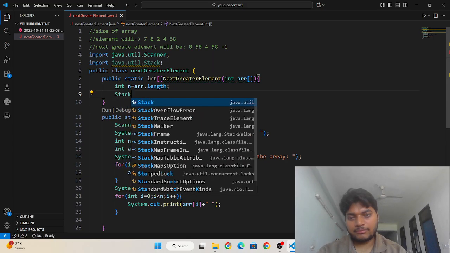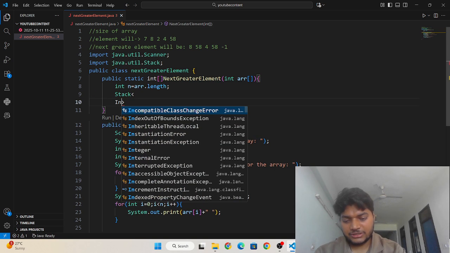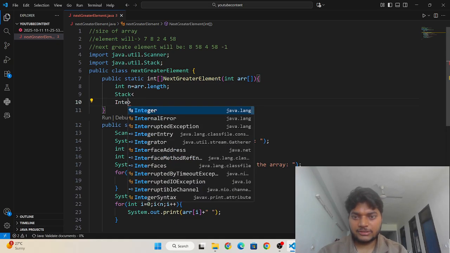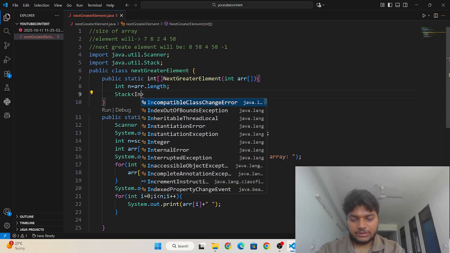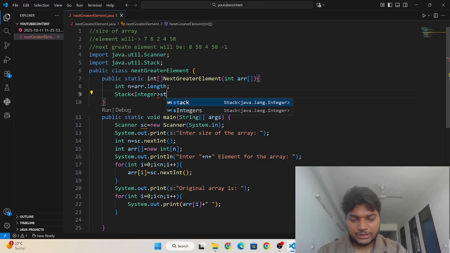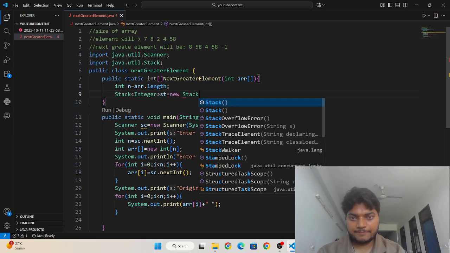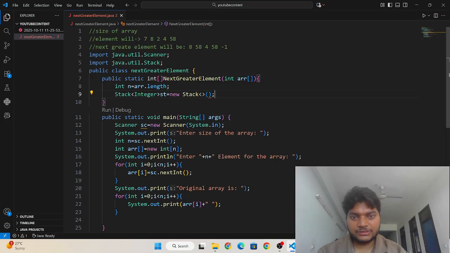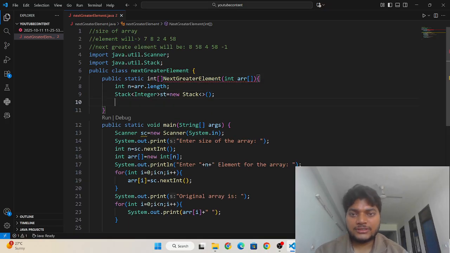So I need to make here Integer, okay, st is equals to new Stack with parenthesis, done. Now see, the size of the original array and the size of the next greater element array is the same.